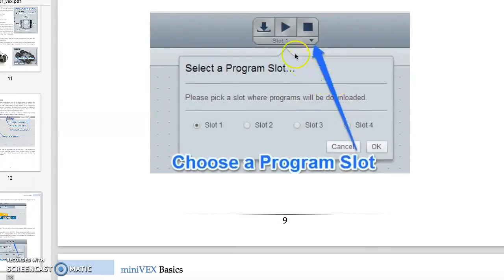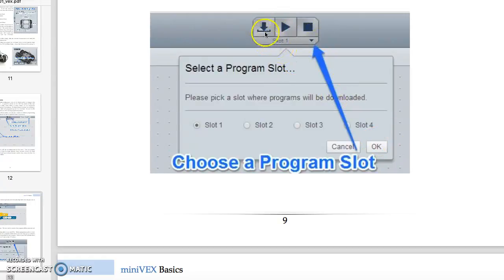You're also going to want to make sure that slot 1 is what you have highlighted. It's going to be on the top right side over here, okay? This button here is going to be very important because this is how we're going to download our program to our robot, okay? So whenever you're ready, go on, make sure slot 1 is highlighted, click OK right here,